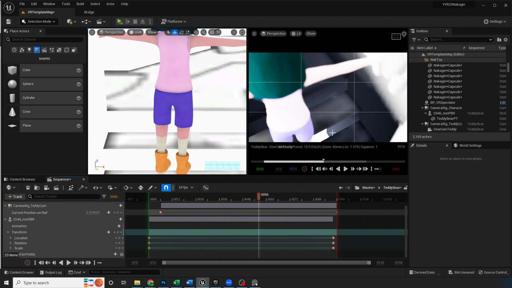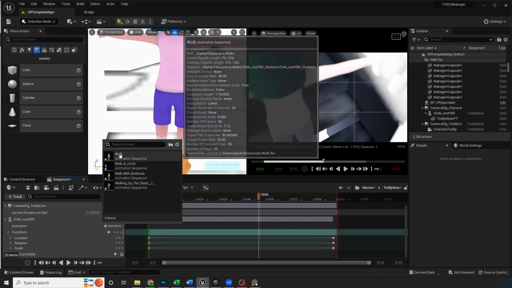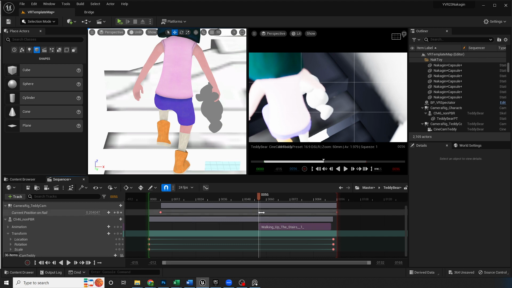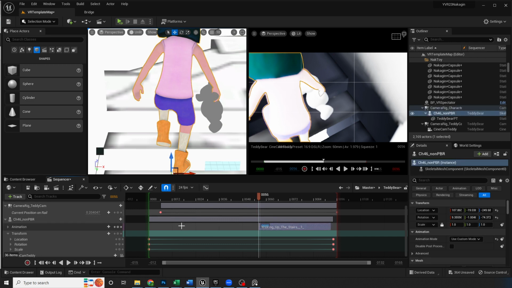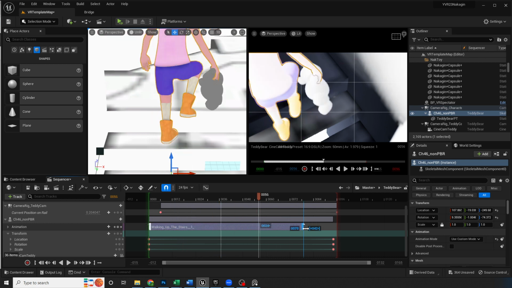moving up and down. Now, I don't want her to sort of be a flying T-pose, and so I'm going to add the animation track. So if I click on this animation plus button, I've got all of her animations here. So I can click on the walking up the stairs. And what I'm going to do is just extend this basically from the beginning and stretch this out because this is a looping animation,